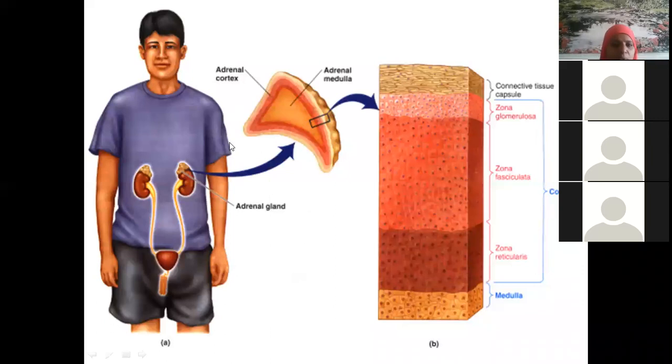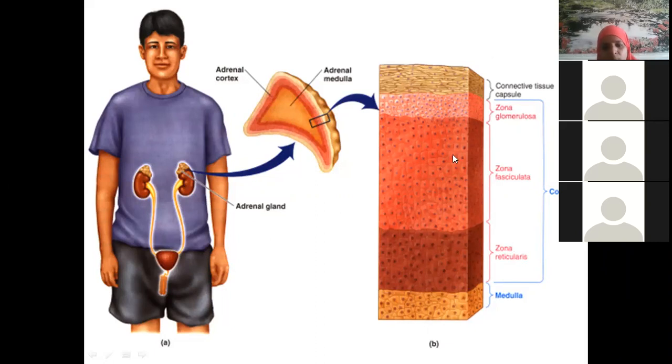Now see here, we cannot discuss applied aspects without knowing the histology of this gland. This is the cortex of the gland and this is the medulla. The outermost condensation of the tissue forms the true capsule of the gland. Just below the true capsule, remember a code, GFR. Okay, not glomerular filtration rate, just for an idea: zona glomerulosa, zona fasciculata and zona reticularis.